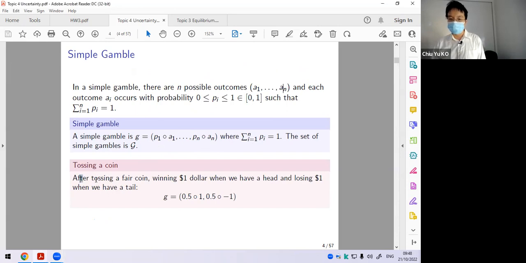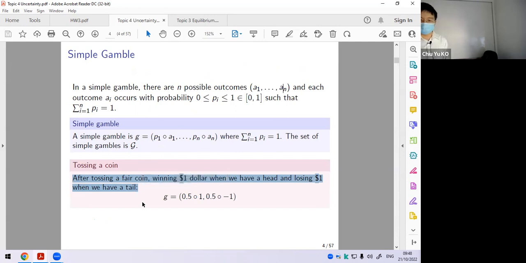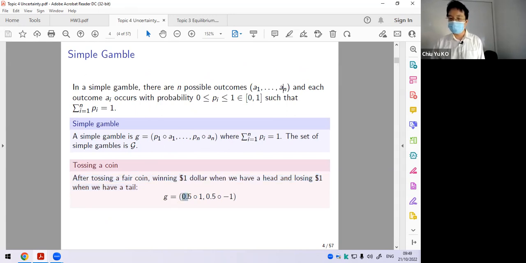The simplest example you can imagine is a coin toss. You win $1 when you get a head, and you lose $1 when you get a tail. For a fair coin, there is half probability you earn $1, and half probability you earn minus $1. So here,